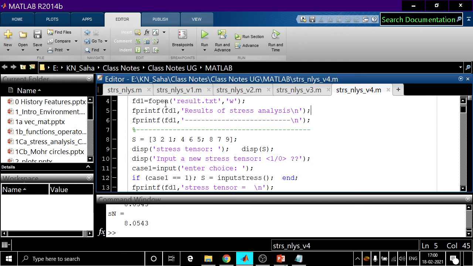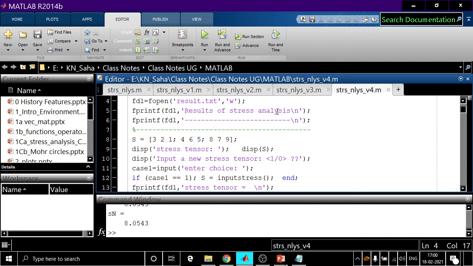It is always better to give some meaningful name to your variable. That way it is possible to create another file and keep it handled in fd2. Here fprintf fd1, so it will write in this particular file. Clear? fd1 is the reference to that file.